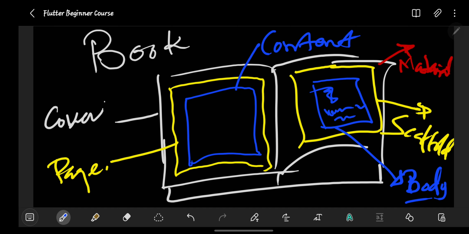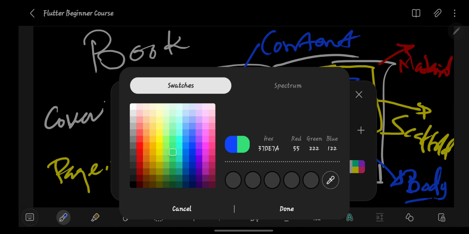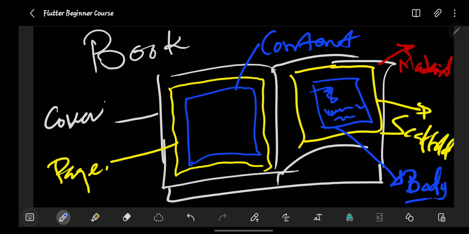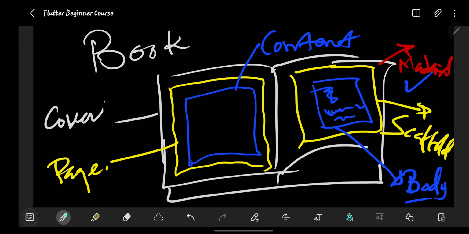So to come up with a page, or to come up with an application, we shall use the same sequence. We shall always have a material app. We shall have a scaffold. Then we shall have